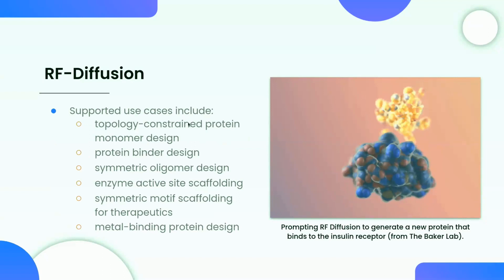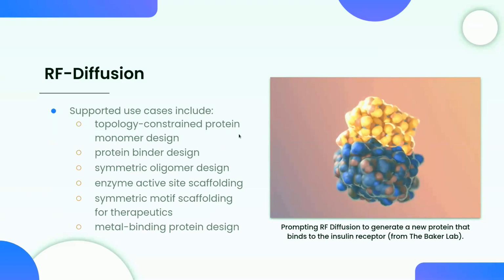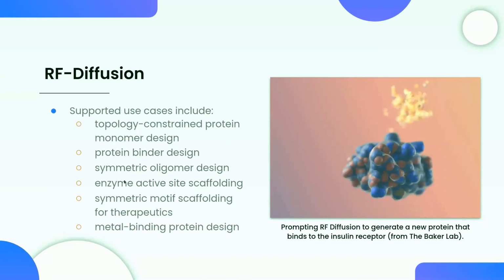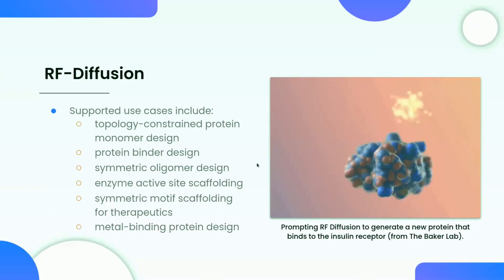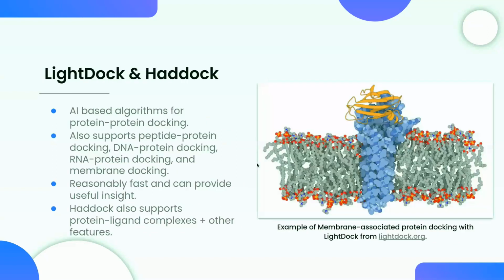So some of the use cases that were discussed within the RF diffusion paper are these, and it's definitely a very diverse model, and I'm sure there are going to be even more use cases popping up after. Next up, I want to talk about at least one artificial intelligence-based algorithm that isn't machine